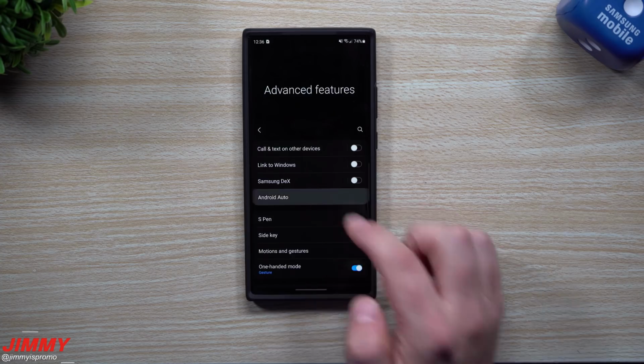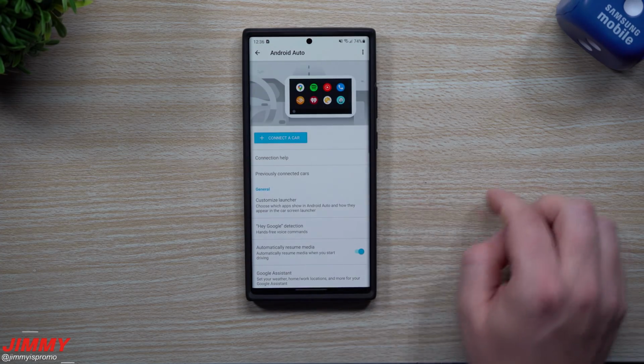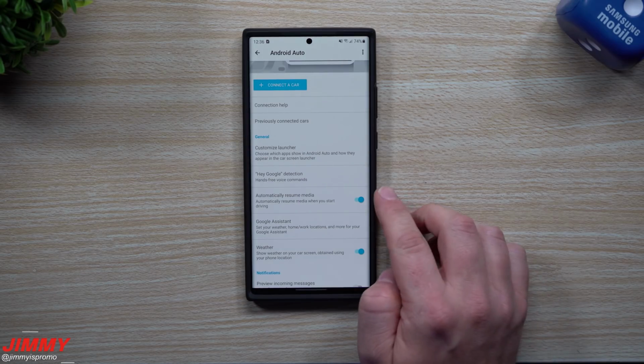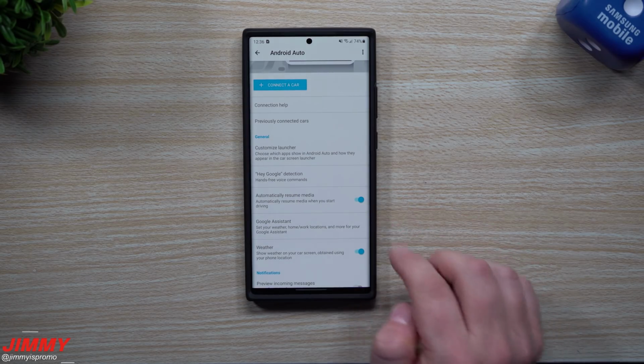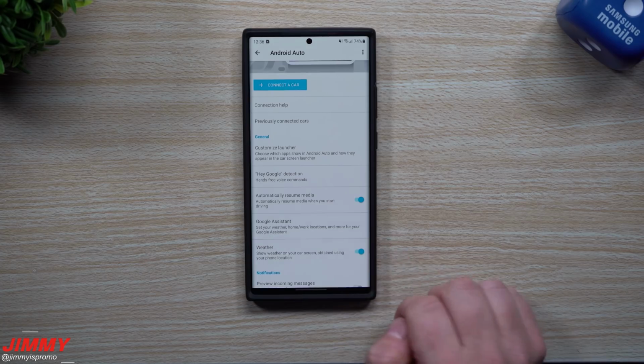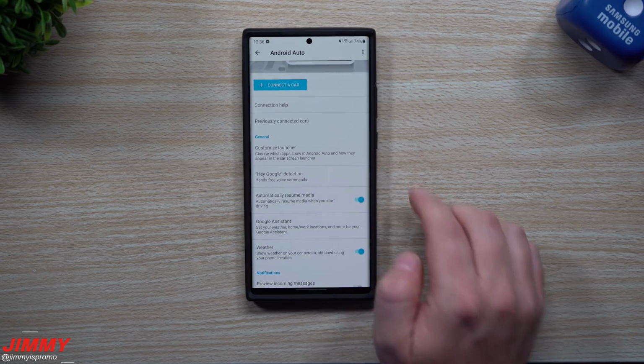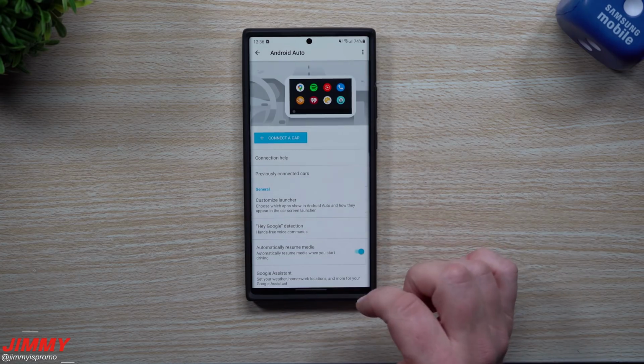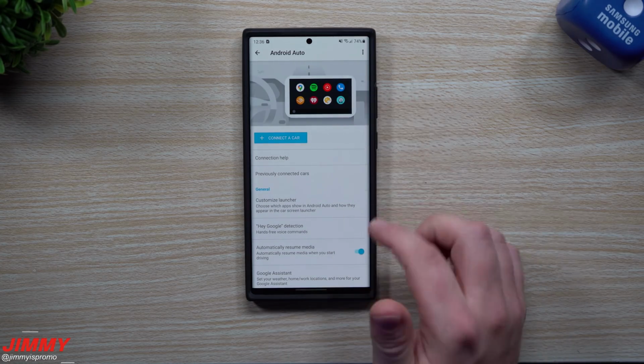Really nice job right there. For Android Auto, if you do have this in your phone, here's all of the settings. You can connect it to a car, automatically resume media. You have your Google Assistant information, your weather information, the Hey Google detection, the customized launcher. So there's a lot of really cool things you're able to update and change when it comes down to your